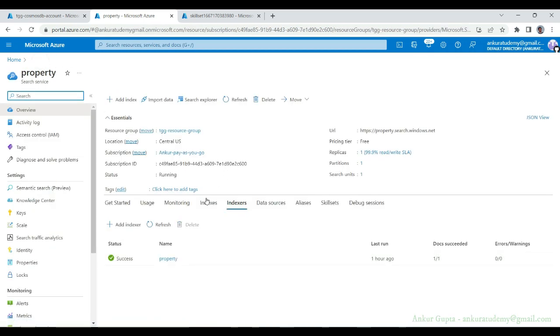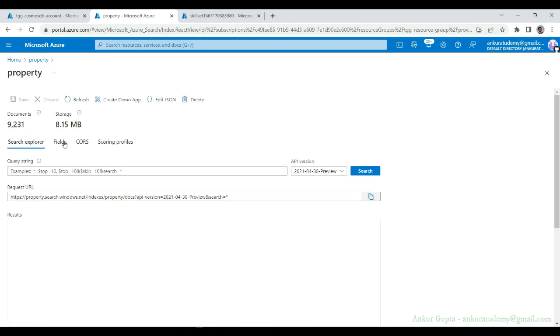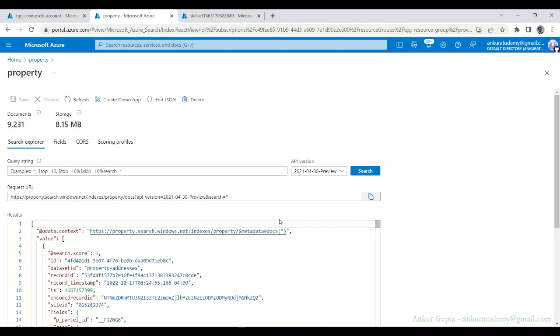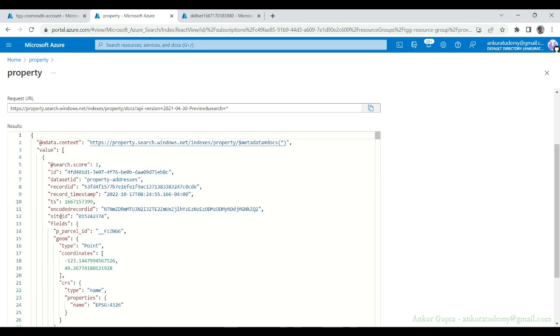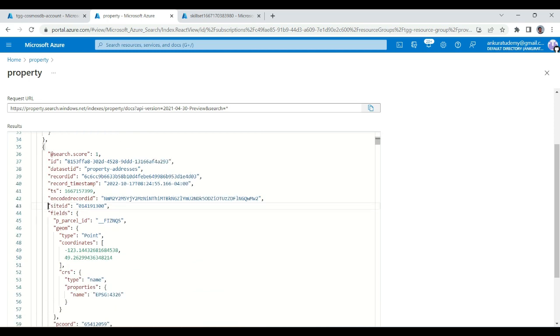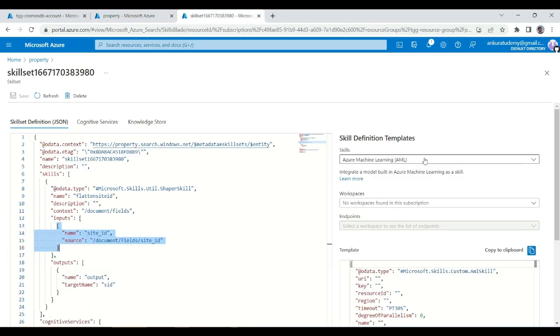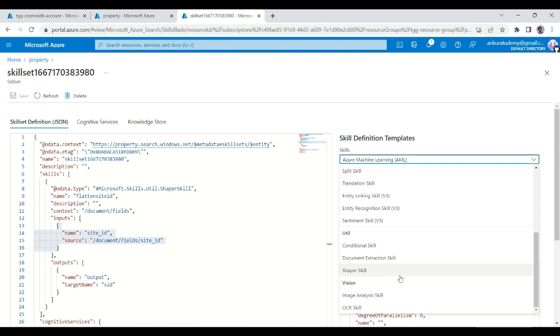Now let's go back to our index and check our site ID field if it has been mapped properly. I'm going to just run a whole search, and this time we are able to pick the values properly from our output path. So in this way you can use your skill set and skills to transform your data, flatten your data,